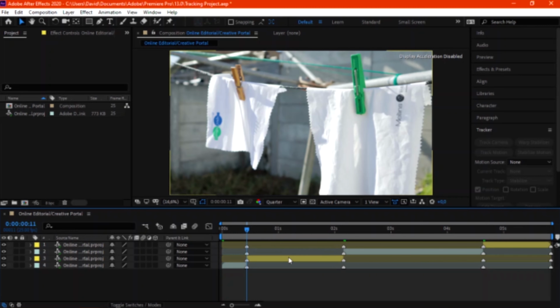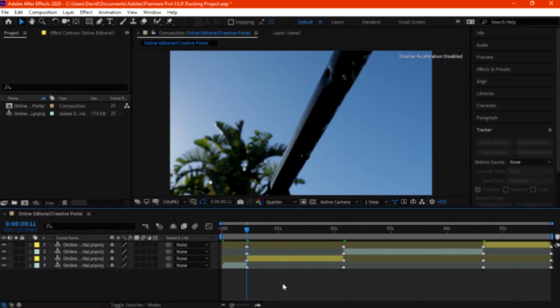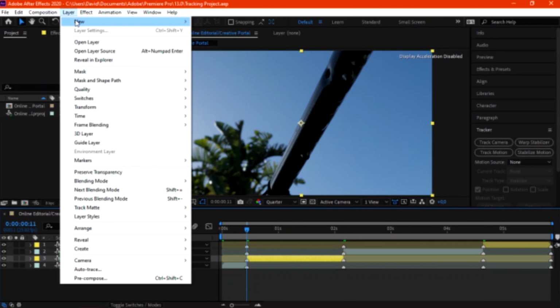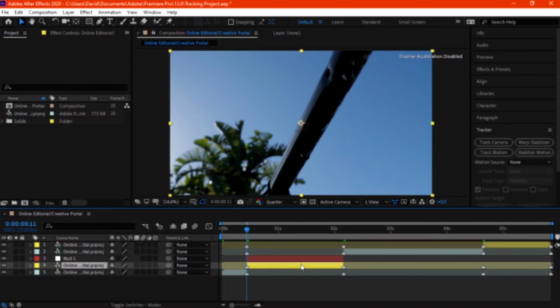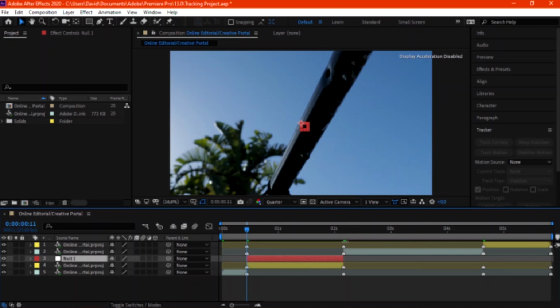So let's go right at the beginning. First clip, and save that and select it, and right now you want to insert your null object. You do that by going layers, new, then you look for null object. One thing you need to make sure is your null object is the same length as the clip. You can shorten it using the same technique as I am, just by shortening the time, or the time length of the null object, so that it matches the clip. Then from there